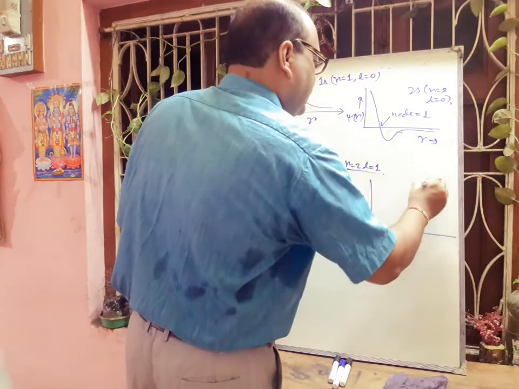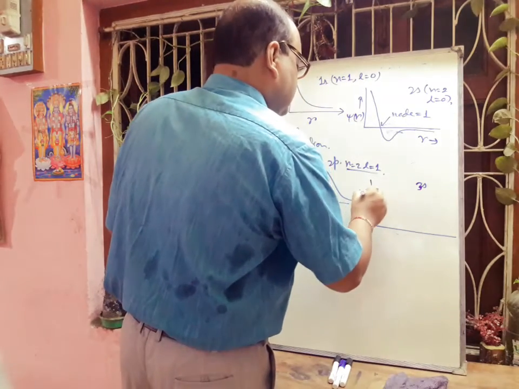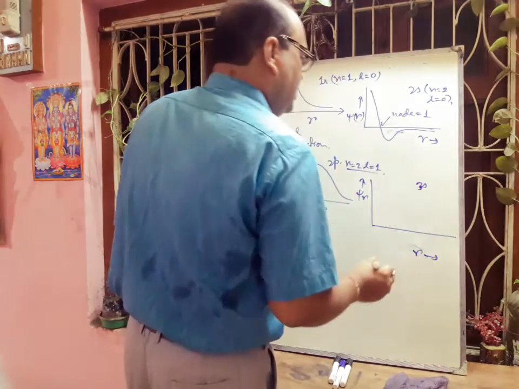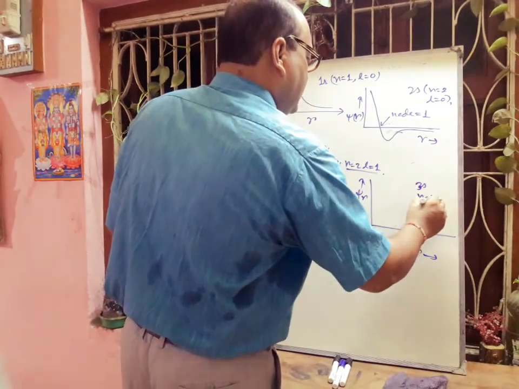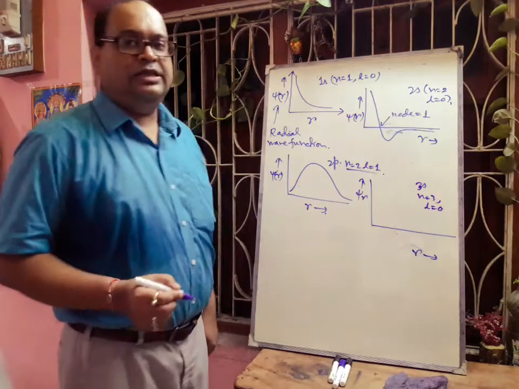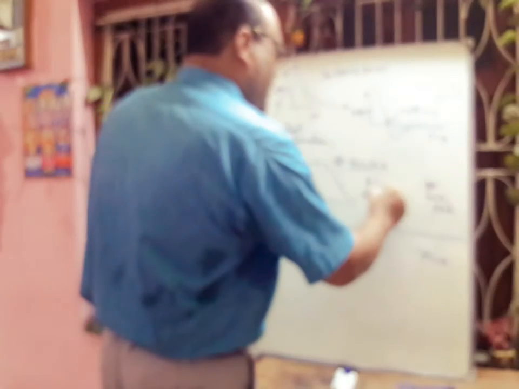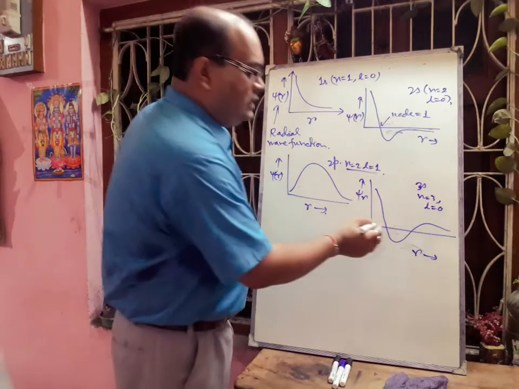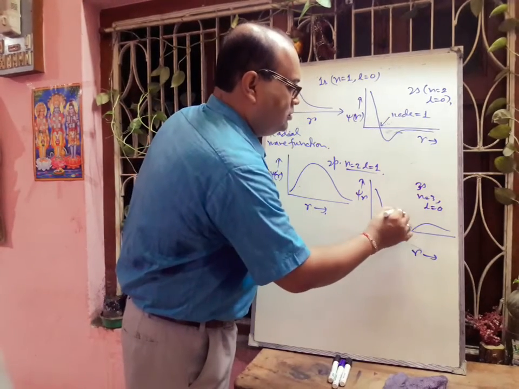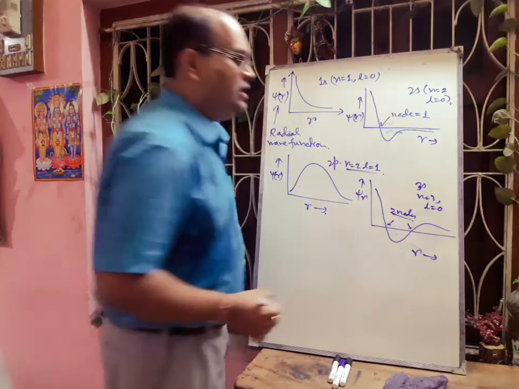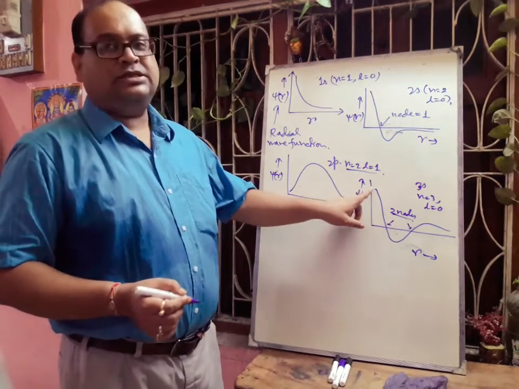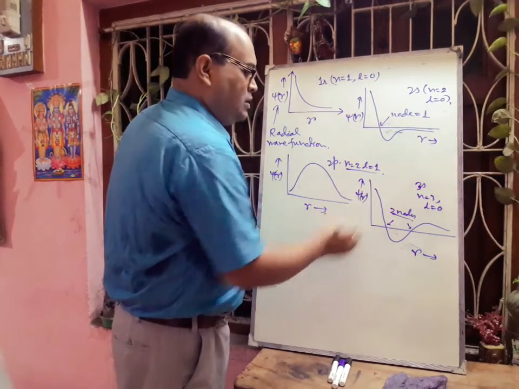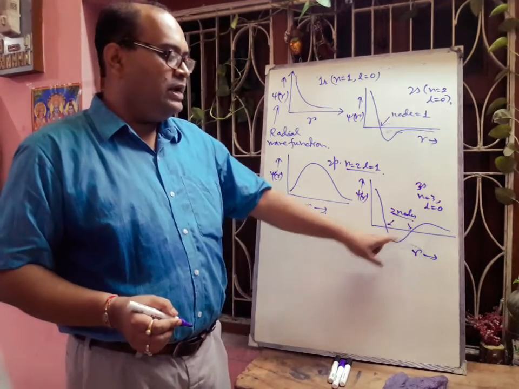We are drawing in case of 3s, where this one is the psi r and this one is the r, and here n is equal to 3 and l is equal to 0. So in this case, if we draw, the curve will come like this. Okay, so definitely here we will get the two nodes. This one is one node, this one is one node. So two nodes, but the probability of finding of electron is 0. So first, if we increase the distance, the psi r value decreases and reaches 0, then we are getting negative value, again it will increase.